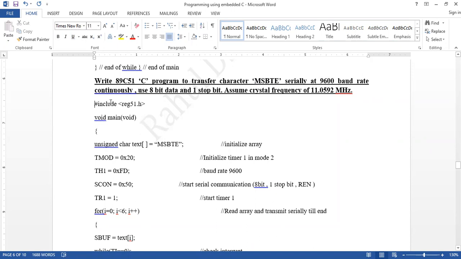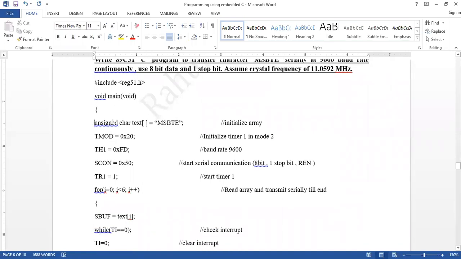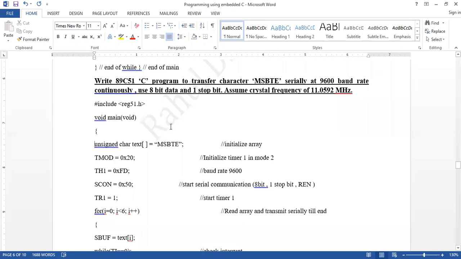So the header file declaration is include reg51.h, then the main function. Inside the main function we have declared one array, because we have to transfer MSBTE.